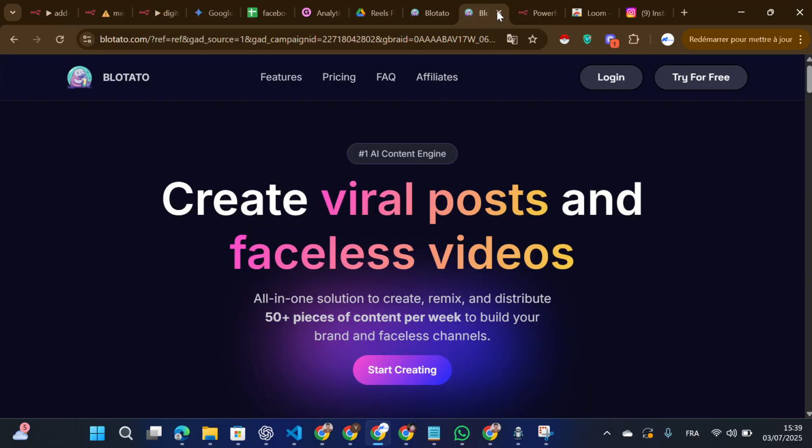Blotato. Blotato is basically a platform that allows us to post videos to all the social media platforms. It provides us with an API that we can use to publish the videos, so we don't need to deal with the API complexity of Meta, for example, or TikTok. We'll be using it so we can have access to the endpoint to publish the videos